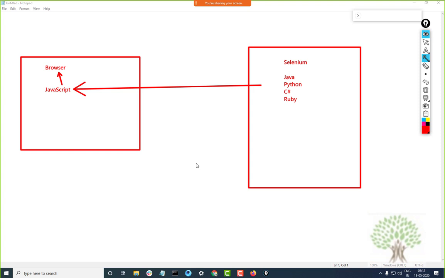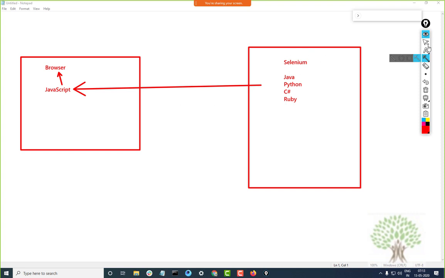This is just an overview which I have given you. Exactly, it doesn't happen like this. But as a layman, as a beginner, you can understand that this is the general flow. And that is why Selenium is available in different languages. No matter which language you are writing your Selenium code, the code will generate commands which ultimately get converted into JavaScript commands, which get fired on the browser, and the browser understands the JavaScript commands.